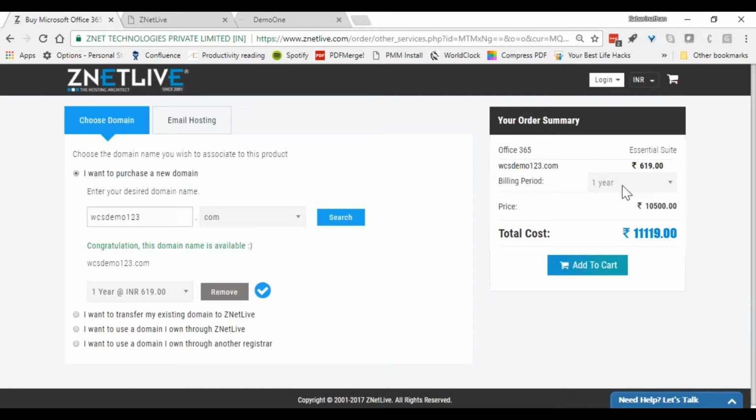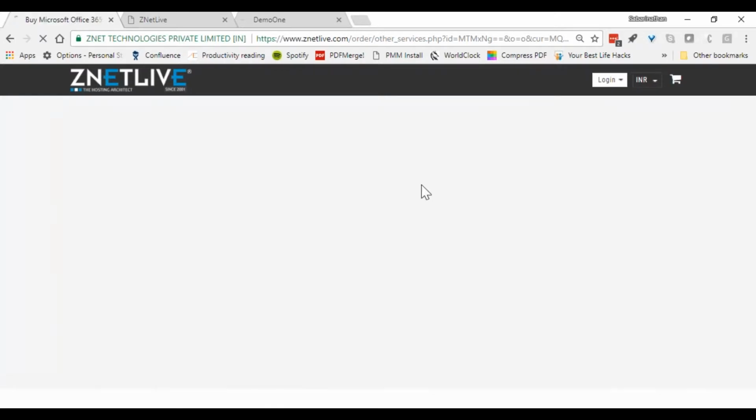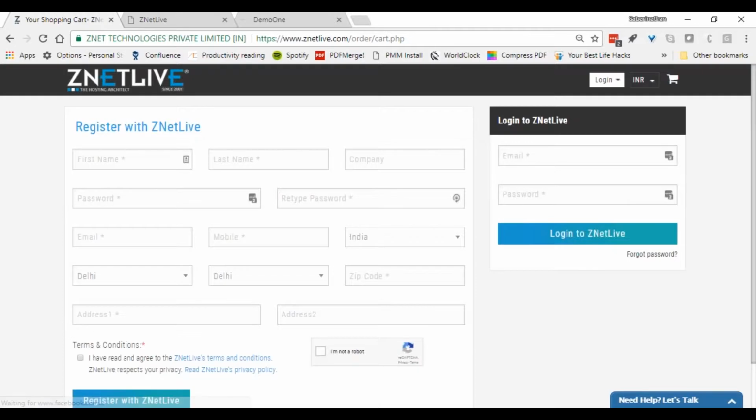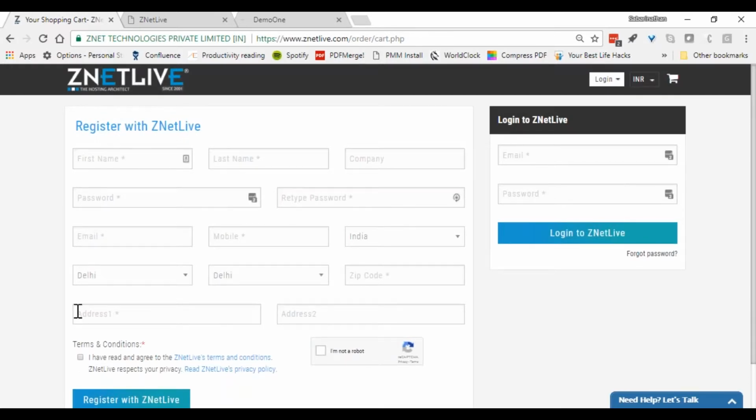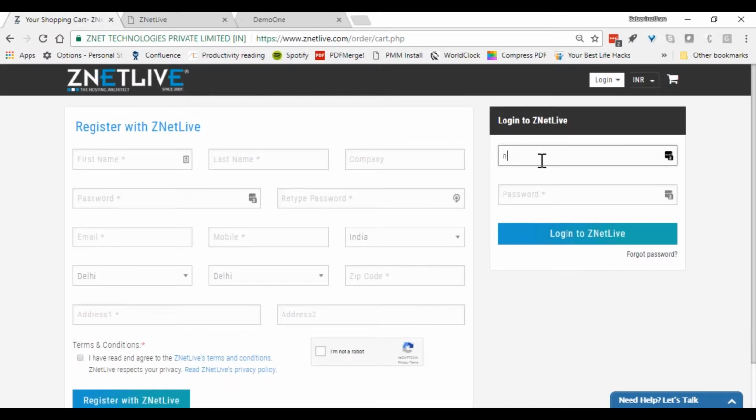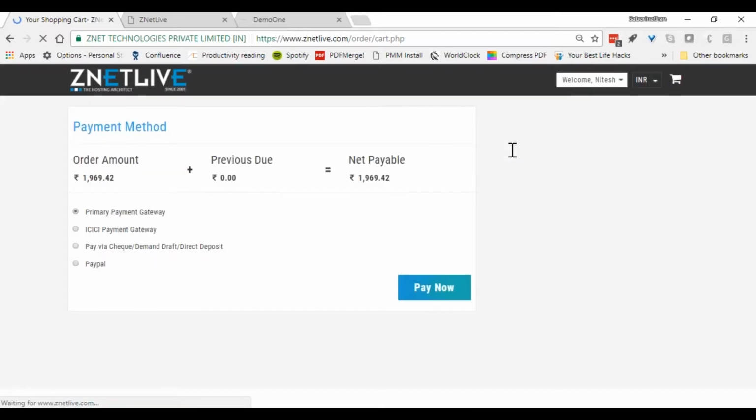Okay, so the customer now decides to say, okay, I'm happy with the monthly payment plan, this is the total pricing, etc. And now this is the onboarding form. This is exactly how the customer is able to get onboarded onto the RackNap platform or registered into your systems, right? So when the new customer puts in his details, clicks on terms and conditions and CAPTCHA for checks as well, then the customer is actually registered on the platform, right? So I'm just going to simulate the behavior of a customer where he's already registered with Zenith Live.